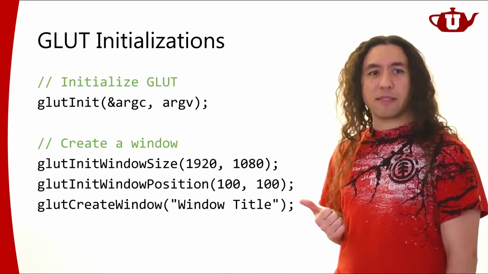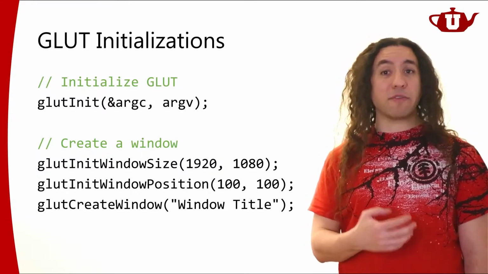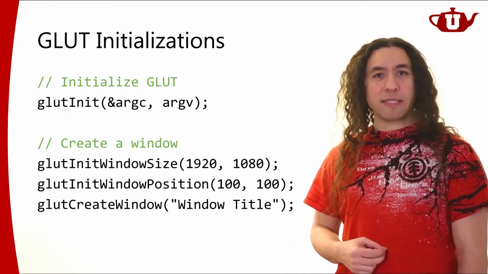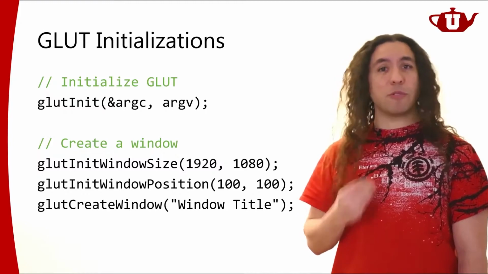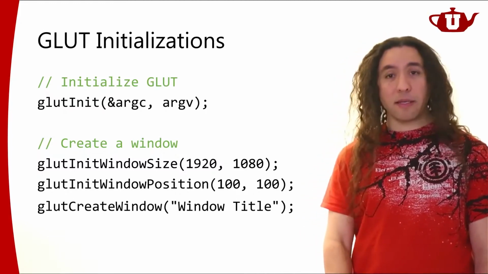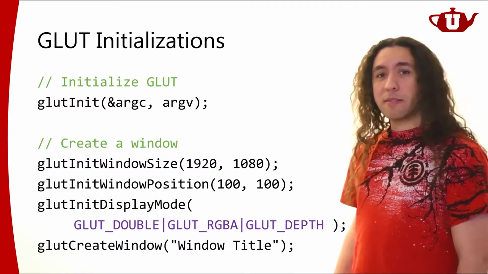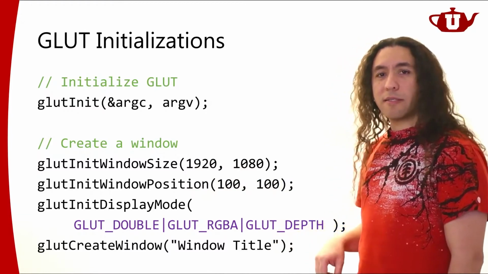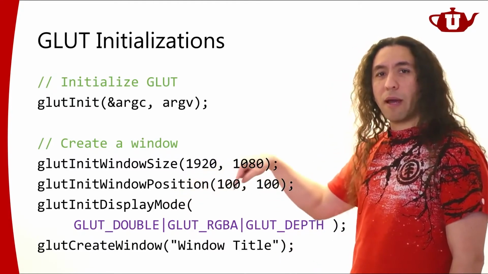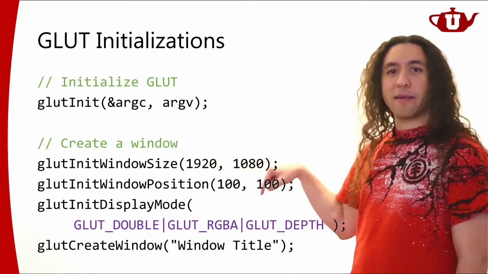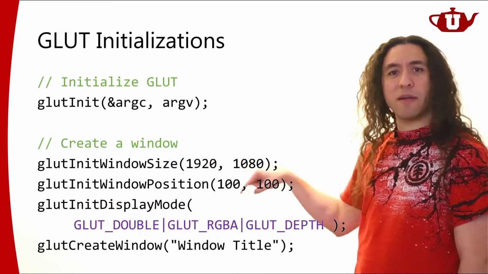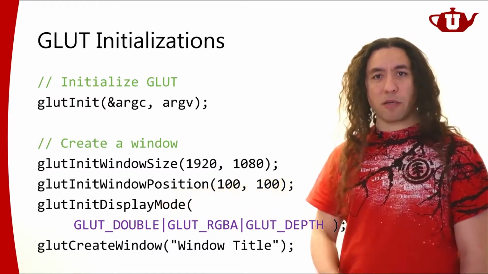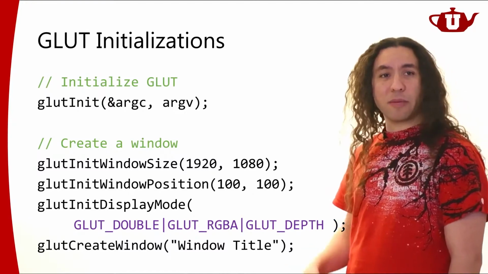If you don't specify this, what you get would be the default one, whatever the default is. Oftentimes, you may want to be a bit more specific. You may want to say, I want a particular type of OpenGL that supports certain things. For example, I can insert a function like this, glutInitDisplayMode. That's going to initialize the display mode with these three parameters, double, RGBA and depth. So that means I want to have a depth buffer. My pixels are going to store RGBA values, and I want double buffering. I'm going to talk about what double buffering is, why we need it, and all that in a little bit.